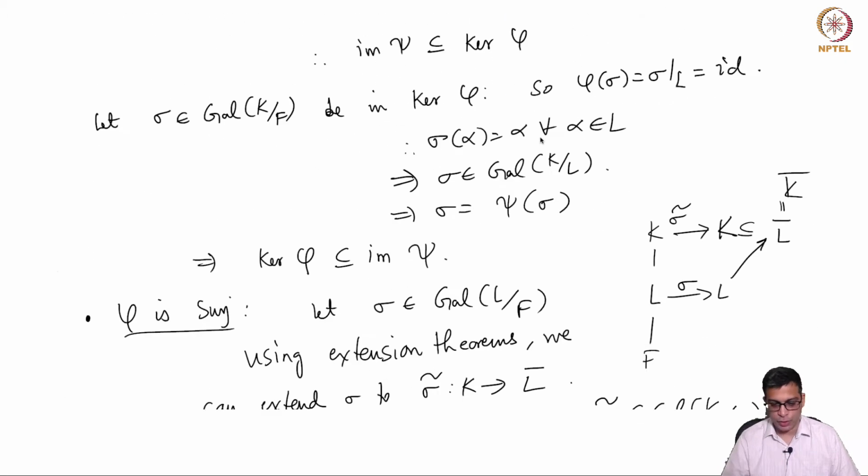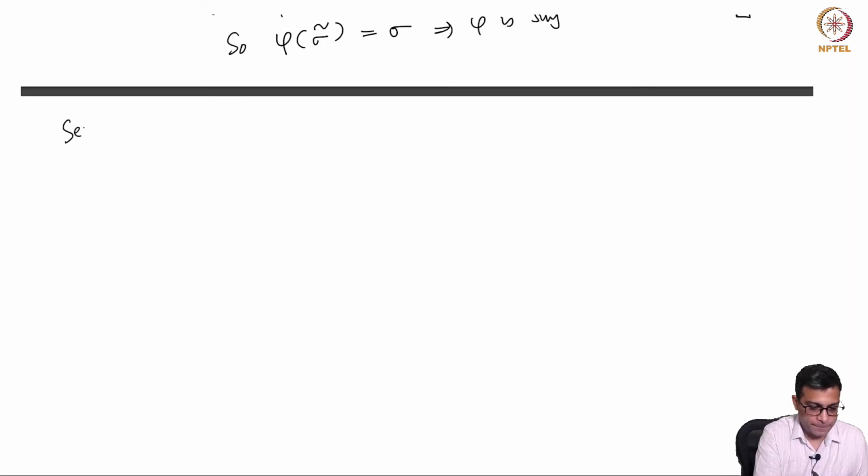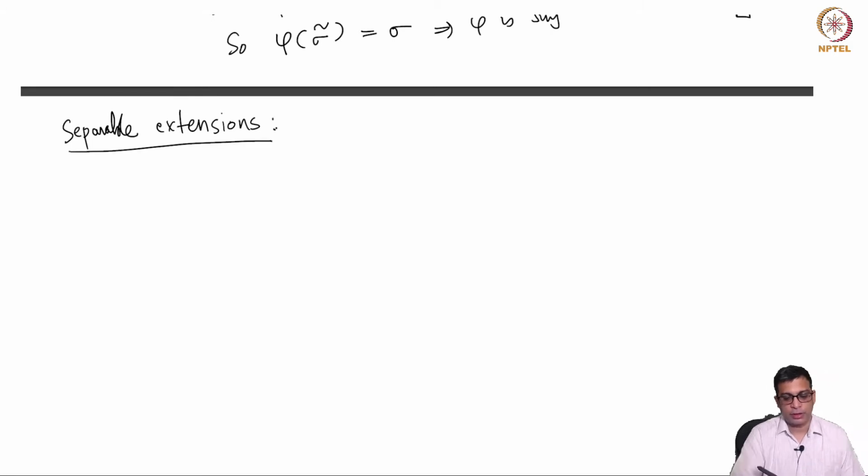Okay, so today let's introduce a very important notion called separable extensions. Separable extensions are very important, and this in fact gives us a very convenient way of checking if something is Galois or not. So in this video I will introduce to you, maybe you have read these things in a course on field theory, but I need some basic definitions and properties of these, and once we finish this, in the next video we'll get back to Galois extensions. Okay, so in this video it's going to be sort of a review if you have seen separable extensions. If you have not seen separable extensions, this is going to be a very quick introduction to them.